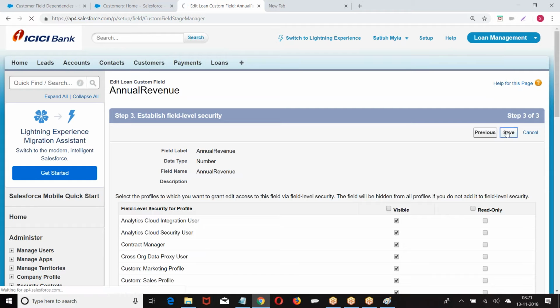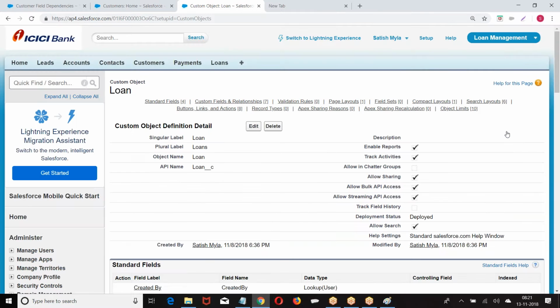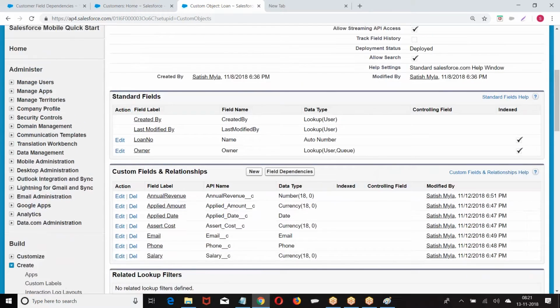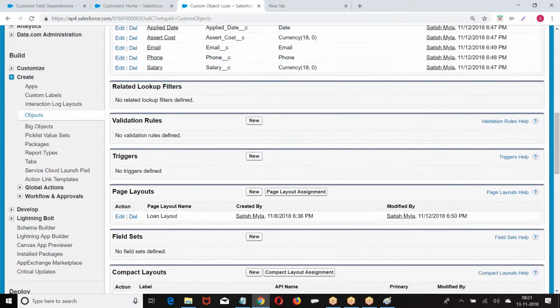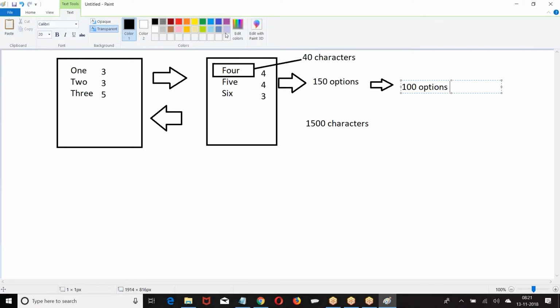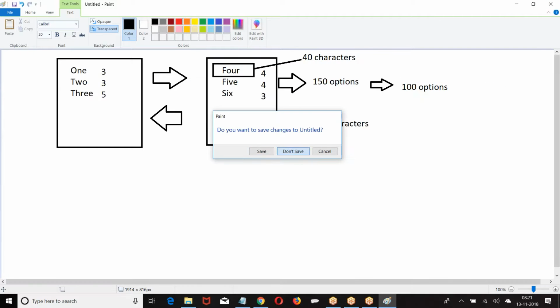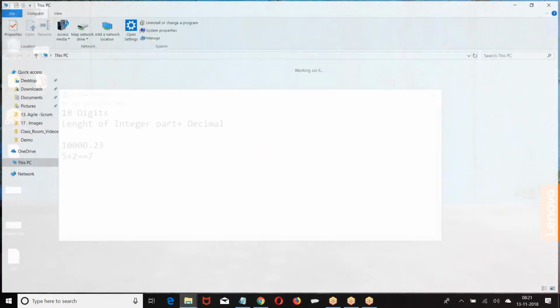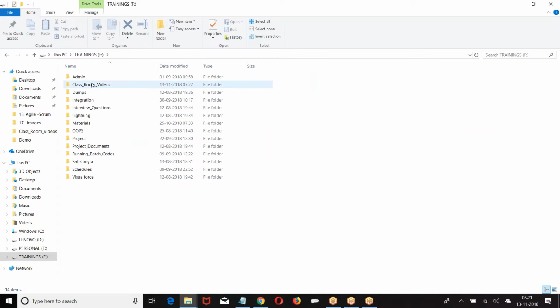So from currency I have changed to number. So whatever the field we created, we can go there, change the field type to different. Okay. Now this is the basic fields we have created in the object. I hope everybody is good with this. So hard copies are given, but for a classroom, I just